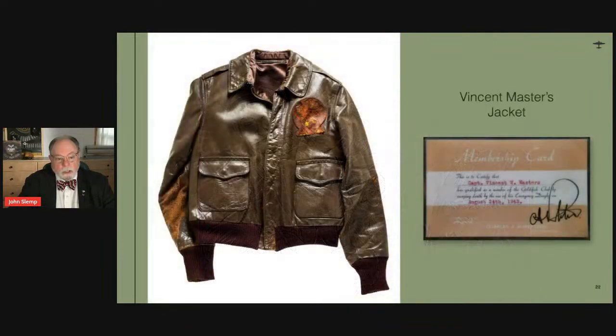And this is his jacket. You'll notice the liner has been replaced, and the cuffs and waistband. And it's got some pretty severe wear. And I asked him about that. And he was actually shot down on the 24th. Well, how shall I say this? They were forced down. Their plane,